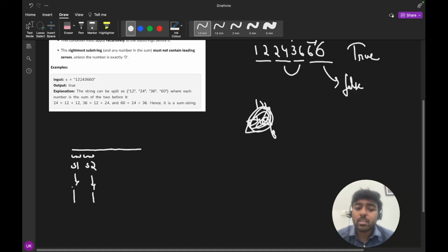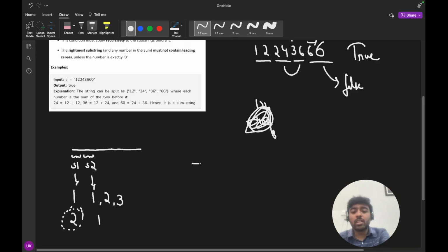It may be possible that s1 is of size 1 and s2 is of size 2, or s1 is size 1 and s2 is size 3, or s1 is of size 2 and s2 is of size 1. So we have to decide first of all the length of s1 and s2 in the starting.